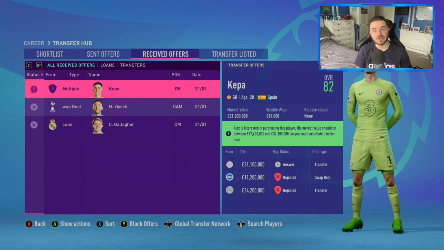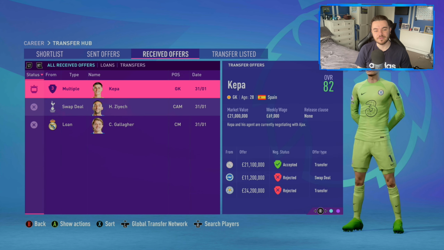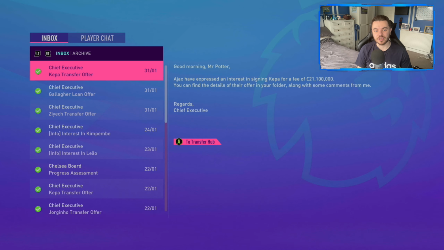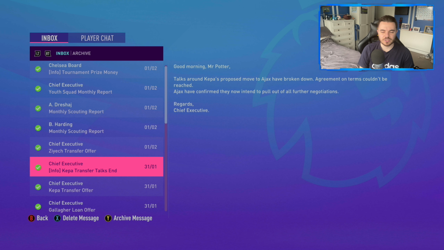And listen, I know people are going to be annoyed that I'm selling Kepa, but at the end of the day, we're not going to play him. Why would we play Kepa over Mendy? It's not going to happen. And in my opinion, when Mendy does return from injury, he will be in the team over Kepa in real life. So I'm going to go with that 21 million. We're going to accept that and hope that it goes through. Because that would be a really good deal for us. So unfortunately,